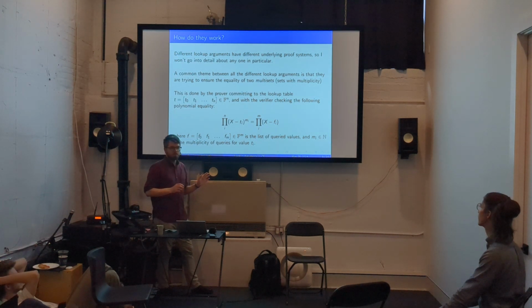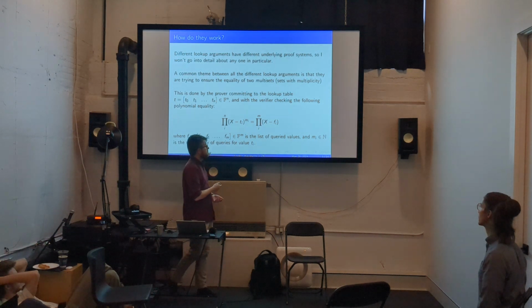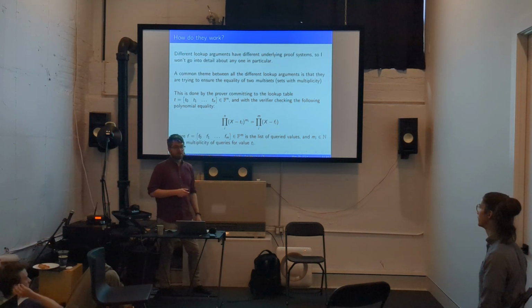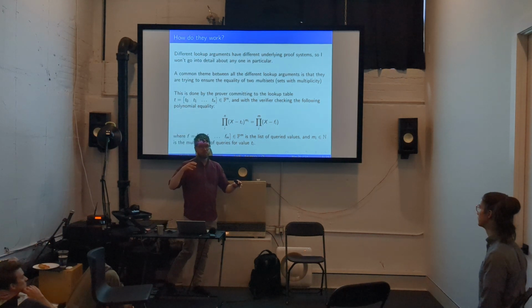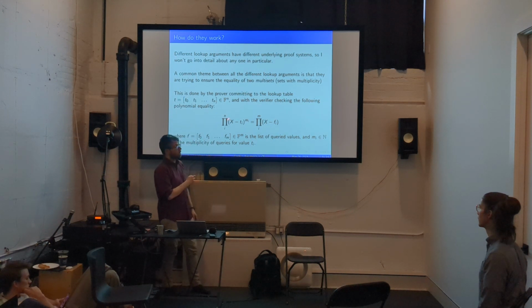Polynomial equalities in most proof systems are very natural to describe and things that you can encode in your polynomial. And then how you prove this polynomial equality depends on the lookup argument that you're doing. Sometimes you might use a Schwartz-Zippel type thing. Maybe you'll add an extra round of interactivity where the verifier will provide some extra randomness, and you can check these two polynomials are equal to each other by just evaluating at a random